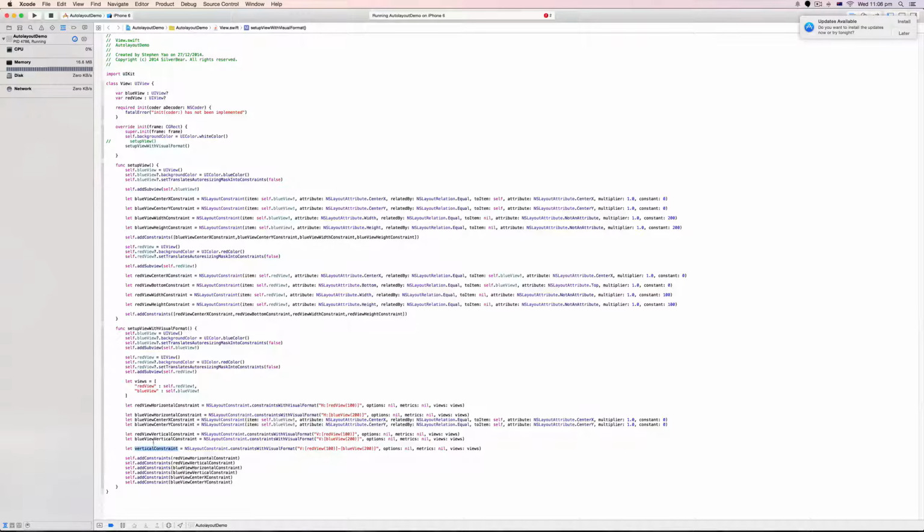And with this vertical constraint, which is a combination of the red view vertical constraint and the blue view vertical constraint, I don't really need to add these two constraints to the view hierarchy anymore. Instead, I can just add the single constraint. So let me go ahead and do that. Vertical constraint. So with this constraint, I'm saying vertically I want the red view and then I want the blue view, but